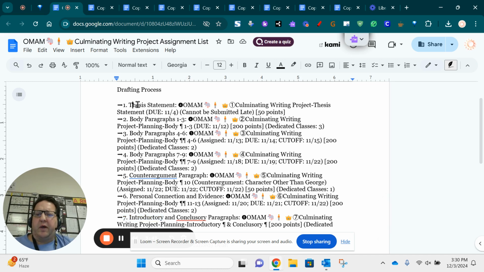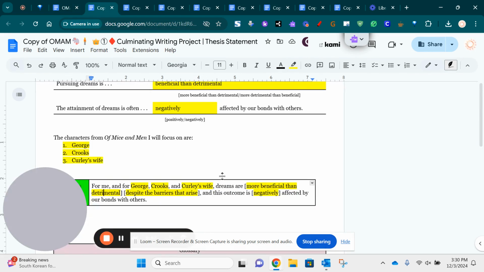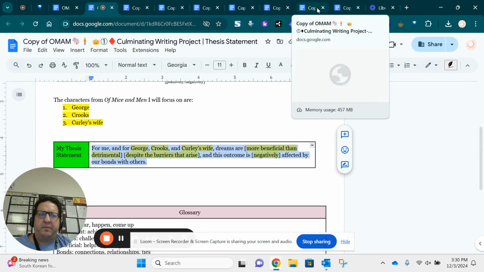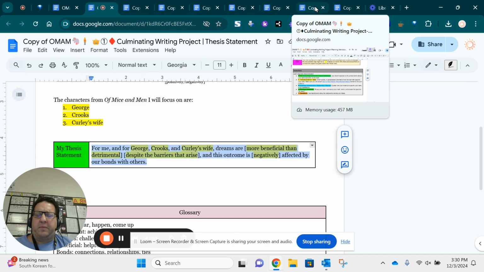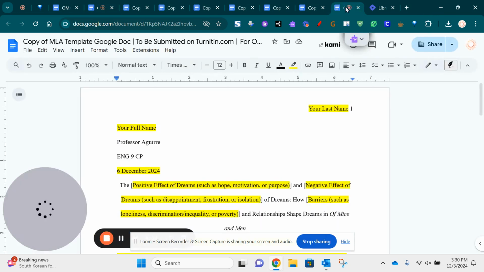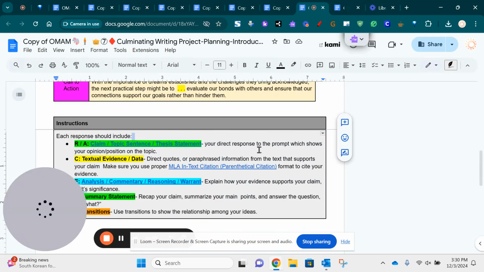Now I'm going to show you one just so that you know that this thesis statement in this particular assignment, whatever you put here, should be the same as what you're going to be copying from your assignment that has to do with the introduction and conclusion. This is the very first assignment we did though, so I guess it might have changed over time, but it should be the same. Okay, so I'm actually going to go to assignment 7 first, waiting for the camera to load.